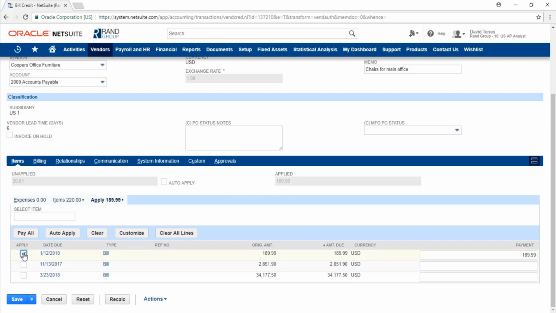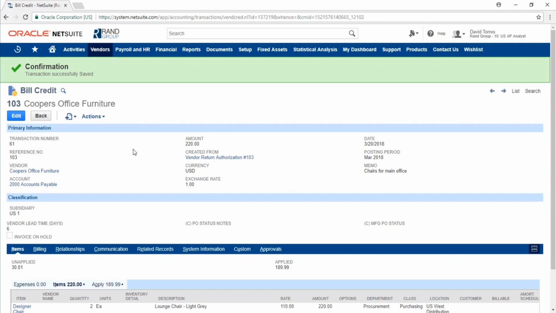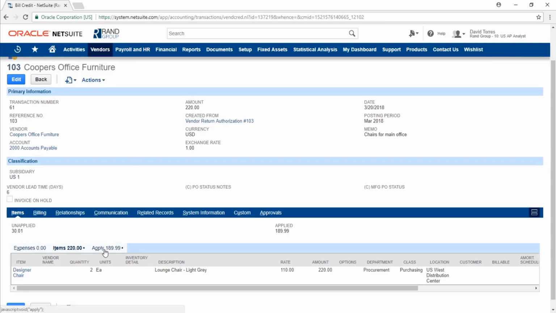If I click this bill right here, it will be an amount of $189, but there will be $30 left over in our bill credit. I could choose to apply that to another bill as well. I'll just pay off this bill for $189 and I'll save this. Now our bill credit has been created, and if we want to see which bill that it was applied to,